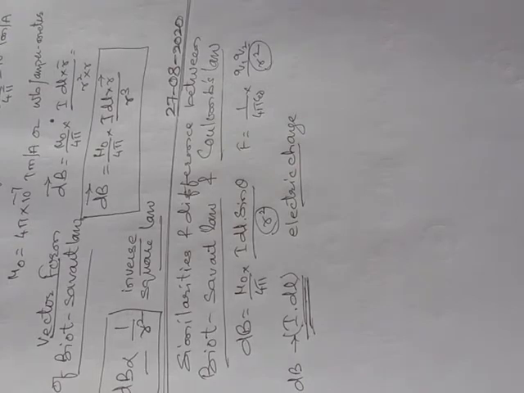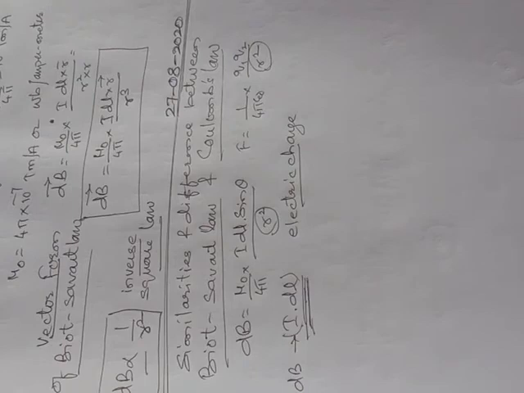So once again I will revise it. First point is that both are long range and both obey the inverse square law. In both the cases they will obey the principle of superposition. In case of the magnetic field it is linear in the source Idl. In the electrostatic field also there is a linear source.